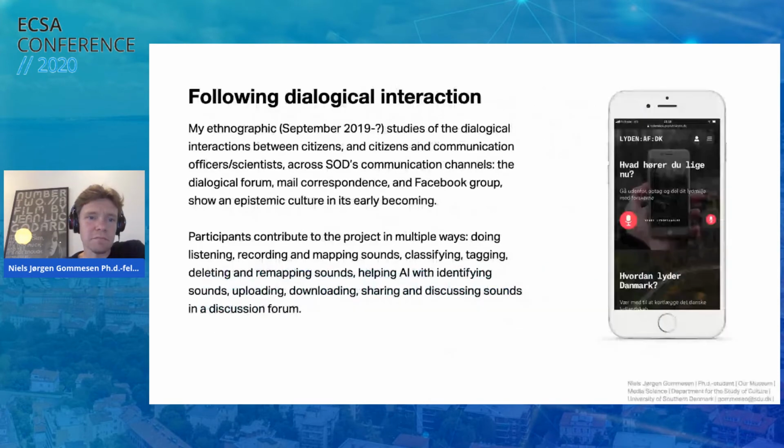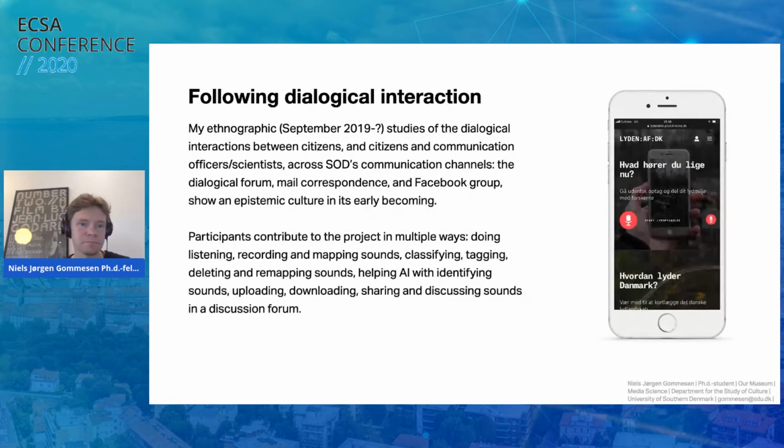As I mentioned, the data corpus I work with is based on an ongoing evaluation process. So it's based on my ethnographic studies of the dialogical interactions between citizens and also the citizens and scientists across the entire Sound of Denmark's communication channels, you can say that. So that is what happens in the dialogical forum, mail correspondence, and